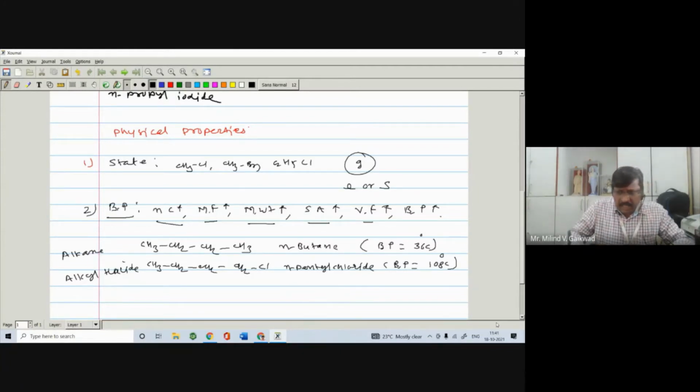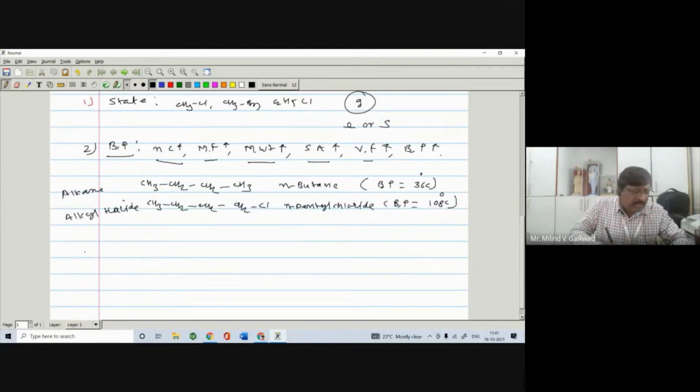If you take another example, number 3, suppose you have CH3CH2Cl, then CH3CH2Br, and CH3CH2I, the iodine compound. In all these three, the number of carbons is the same, but the halogen is different. One is chlorine, the other is bromine, and the third is iodine. Experimentally it is found that the boiling point of these compounds is found to be